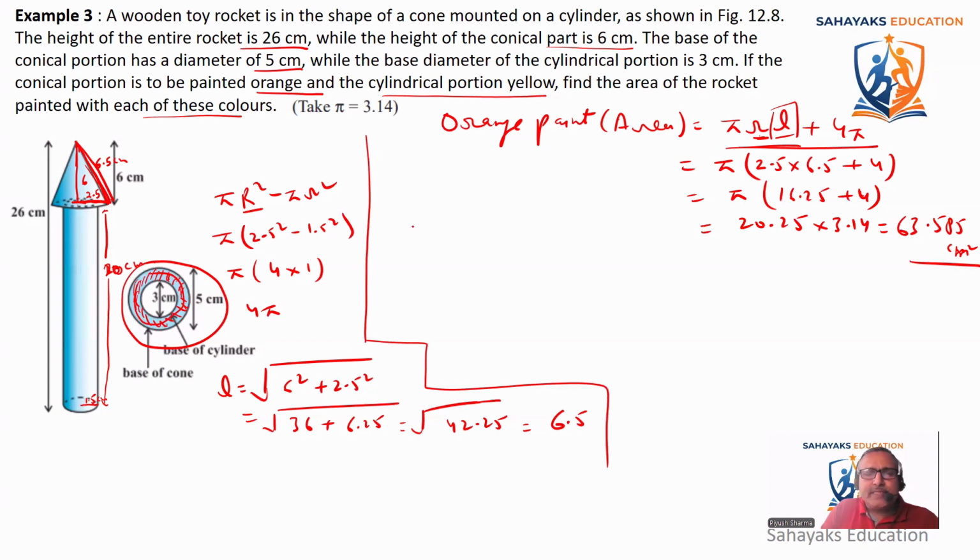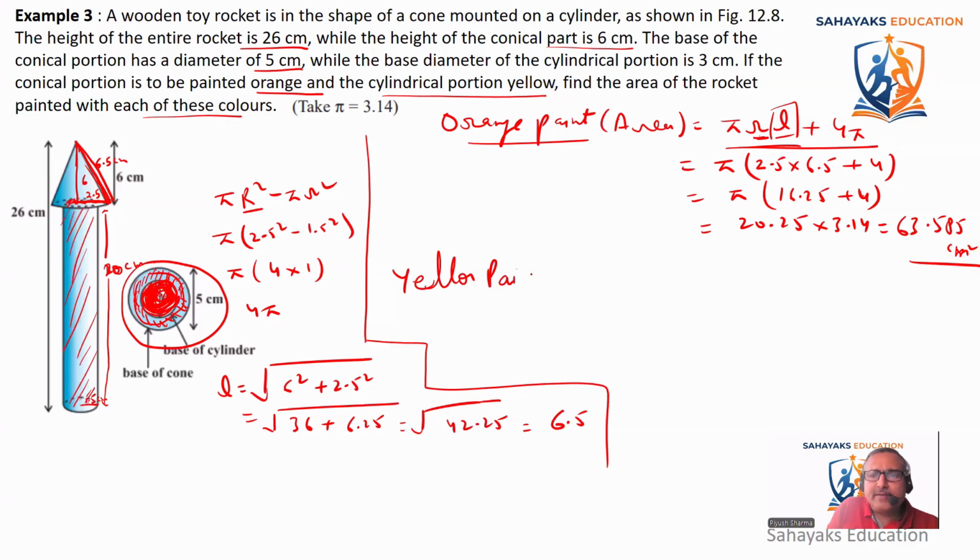Now, the second part is we have to paint a certain thing yellow. For painting the yellow, we need to take the entire cylinder, but we will not have to take the top part, this 3 centimeter which is shown here. We cannot take this part because it's inside the rocket. It is not seen outside the rocket. So we'll take this complete area plus the area of the base, which will be painted. So the area of the base as well as the lateral surface area of the cylinder. So we'll say the yellow part